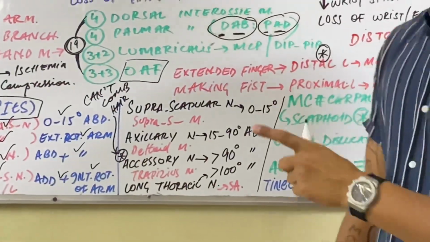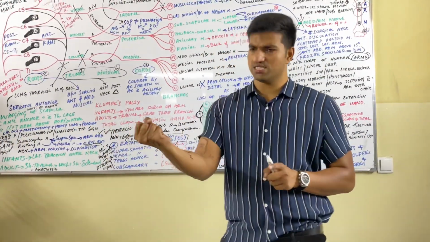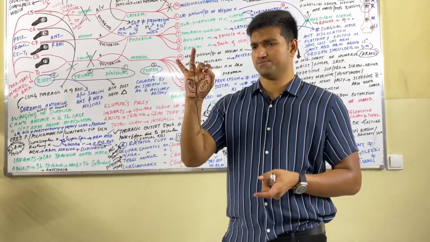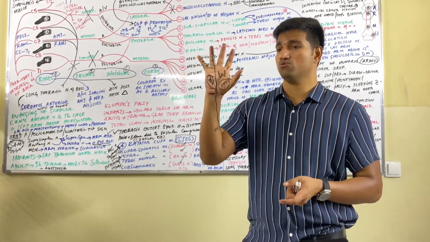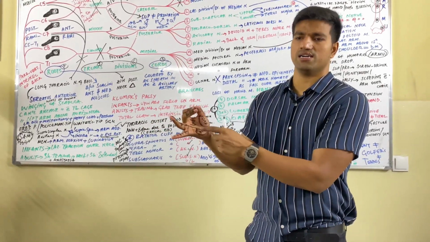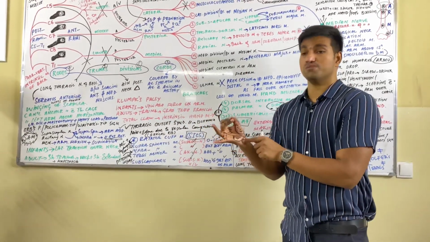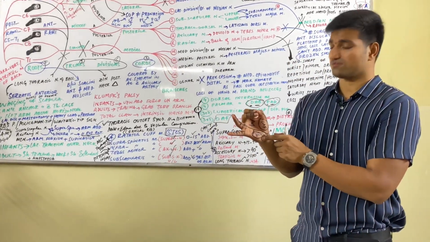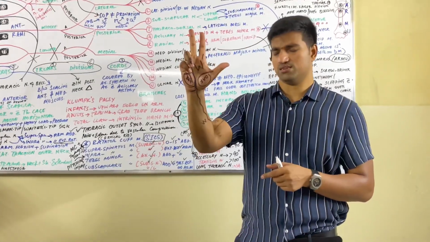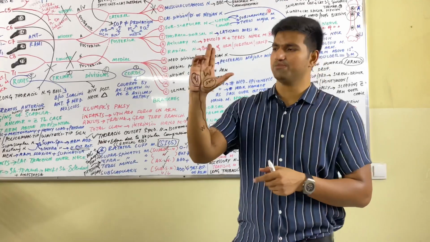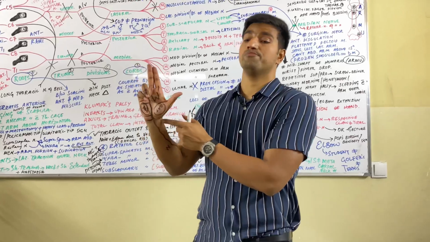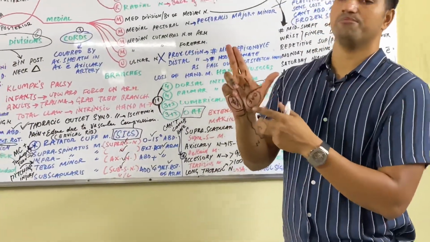To check the proximal lesion, I will tell the patient to make a fist. If he does like this, it means normal. If I tell the patient to make a fist and he does like this, and he gives me an okay gesture, it means there is a problem at the ulnar area. It is called a proximal lesion of the ulnar nerve. And if we tell the patient to make a fist like this, and he does like this, a Pope's blessing or Benedict sign, it means the ulnar nerve is good but the median nerve is damaged. It is called a proximal lesion to the median nerve.